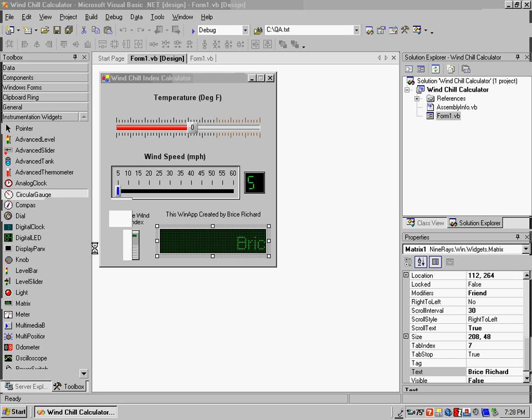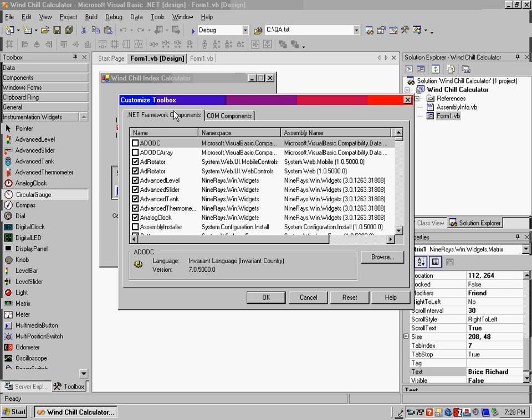Click that, and what that will do is bring you to an area in the application once it pops up here that allows you to select the variety of controls as a function of .NET controls. There are 2 tabs. One is called .NET Framework Components and COM Components. These are not COM Components, they're .NET Framework. And you can see all of the entries that in the namespace section say 9rays will be a function of